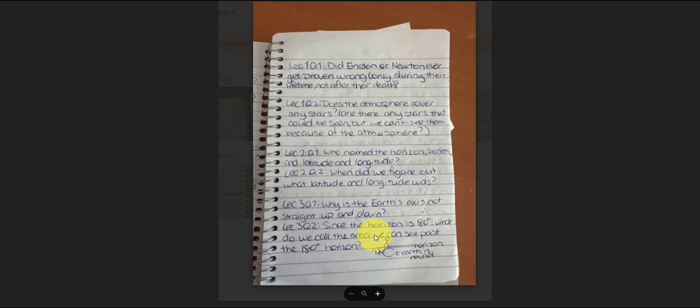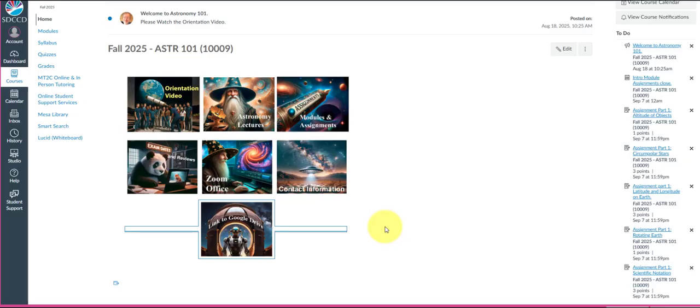That's all there is. So you can do this before the end of the semester, although the sooner you put it, the better. I can look at the questions, I can give you some feedback, and if there's an excellent question, I'll write it down, and you get extra points. So that's how you get extra credit for the class.